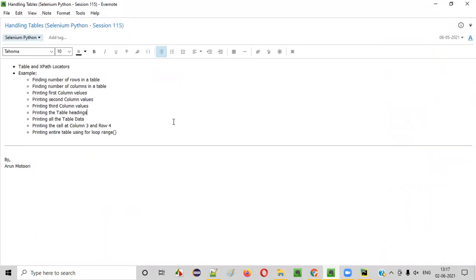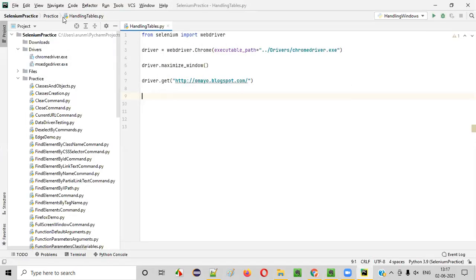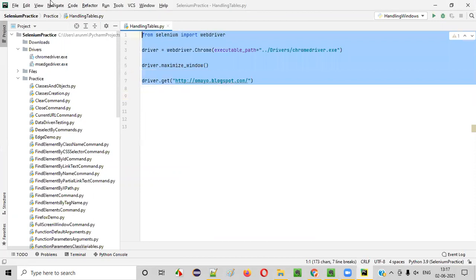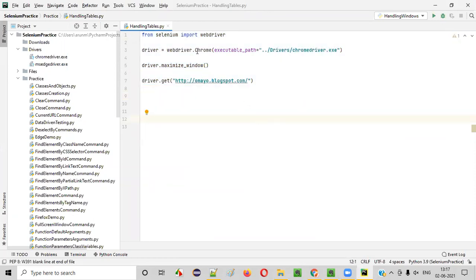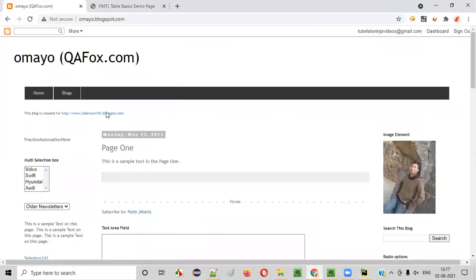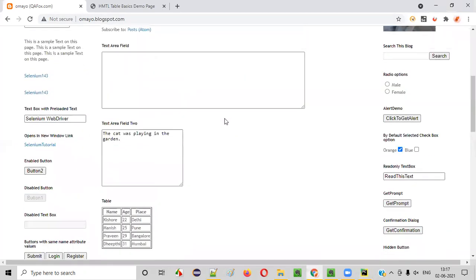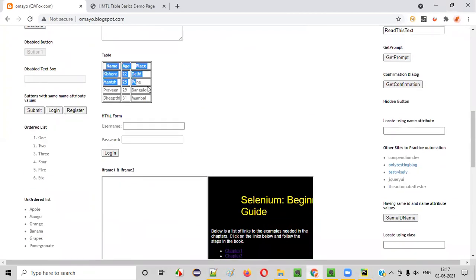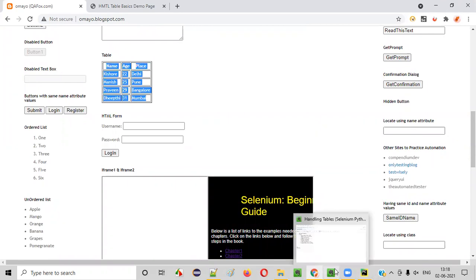Once we got the basics of how to create the table using HTML, now let's go with the remaining things. I'm going to demonstrate a lot of stuff for you. For that, guys, I'll open this PyCharm IDE. Here we have the Python file having some sample Selenium automation code already written for opening the Chrome browser, for maximizing the browser window, and for opening the application URL in the browser. Once the URL is opened in the browser like this, I want to do some operations on this table, step by step.